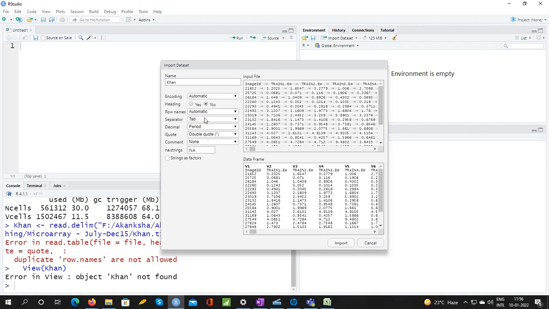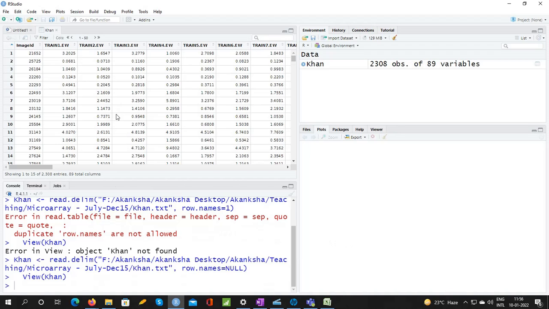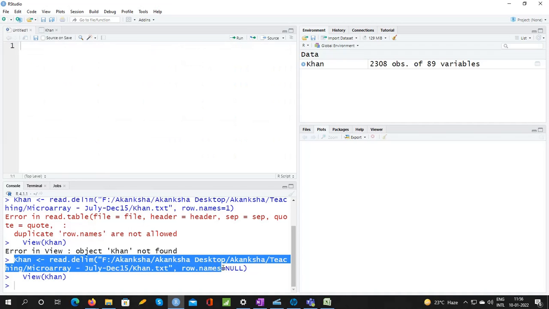Let me try actually. So I'm now not using the first column as row names. I'm using numbers, so it will use 1 2 3 hopefully. Then heading yes, import. Okay, so the data is imported, fine.